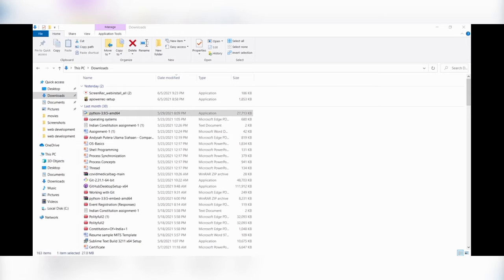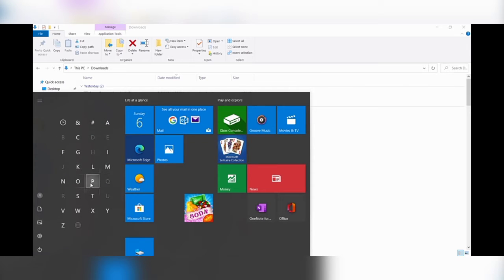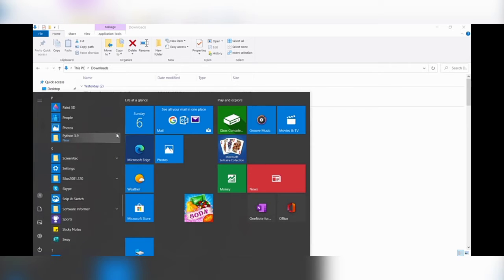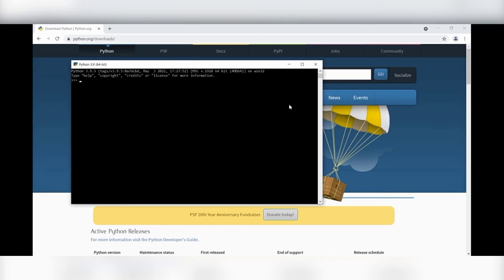I am going to the Windows button and searching for Python. Just clicking on it, and my Python file will be opened. Let us check whether it is working in the right condition or not by the CMD prompt. I will type just a print statement which will execute easily without any error.